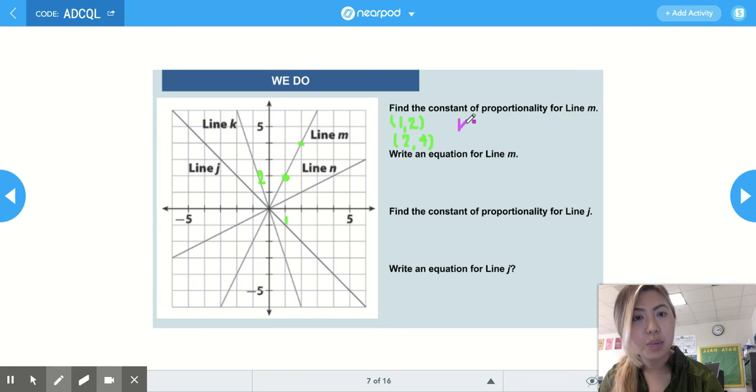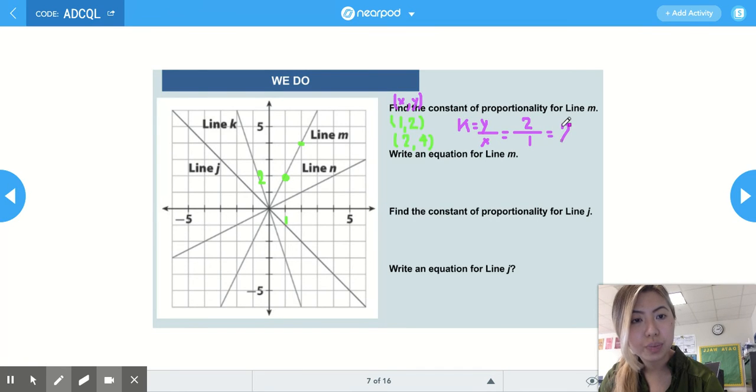Our constant of proportionality equation is k is equal to y over x. So if we're working with 1, 2, coordinates are always written as x, y. So our y value is 2. Our x value is 1. So 2 divided by 1